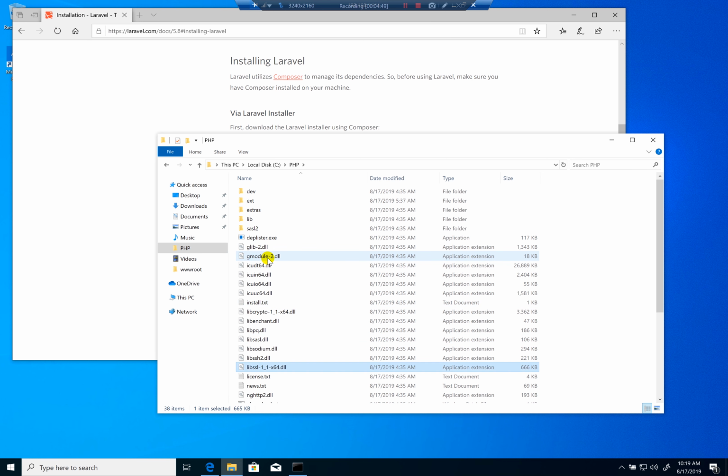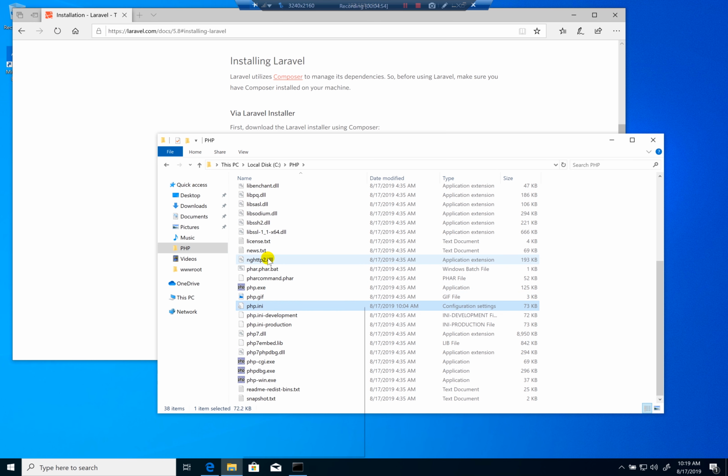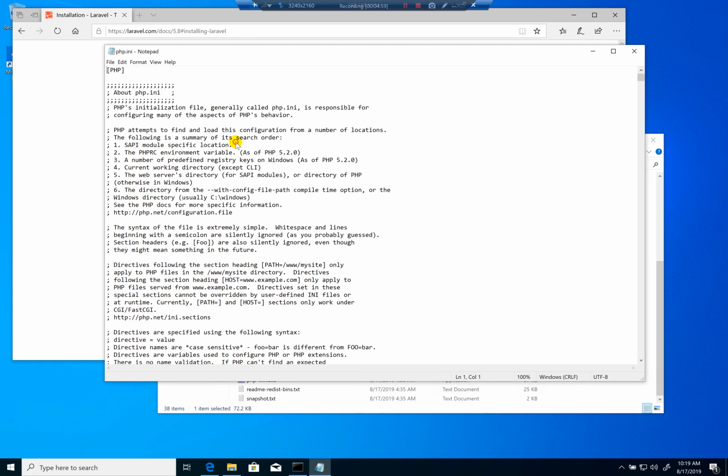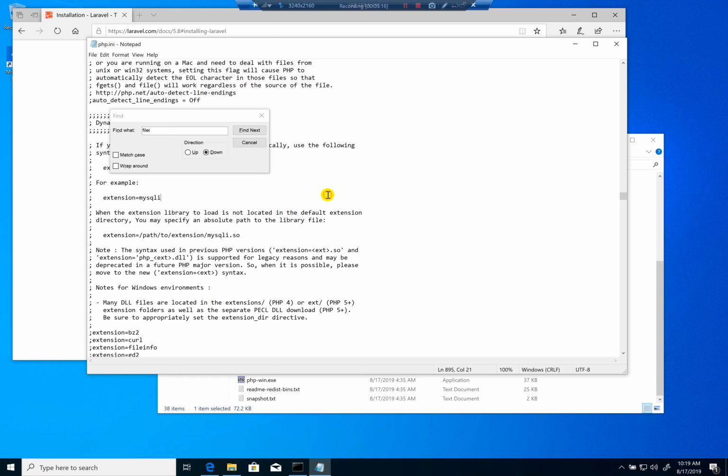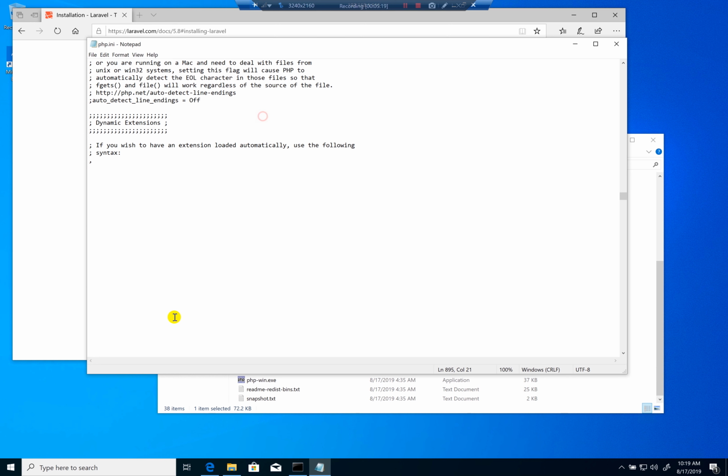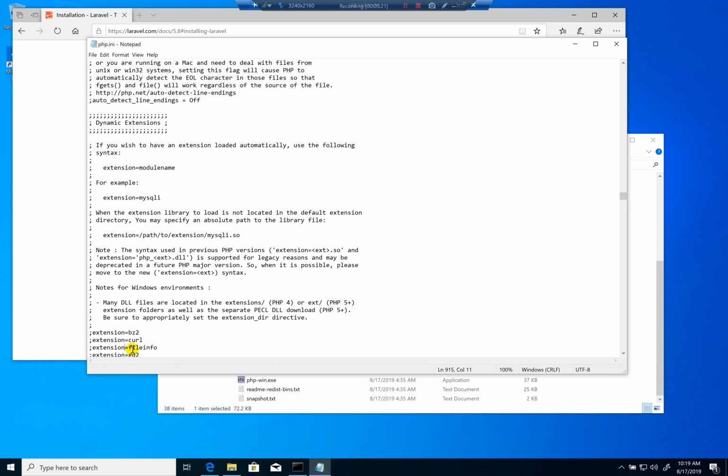So we will have to go to php.ini and I will edit this one, and let's go to extensions, which is php info, one of them, fileinfo is one of them. I am sure it is one of them. So for me, I will enable this one,